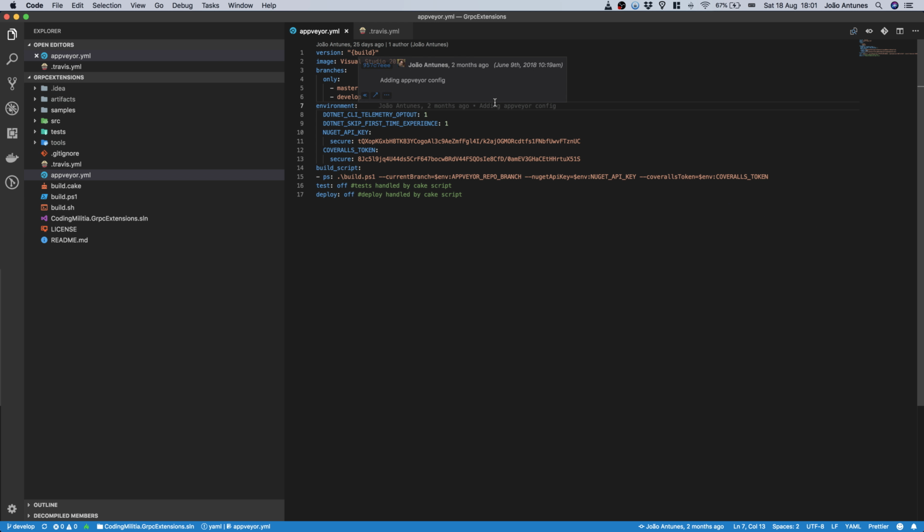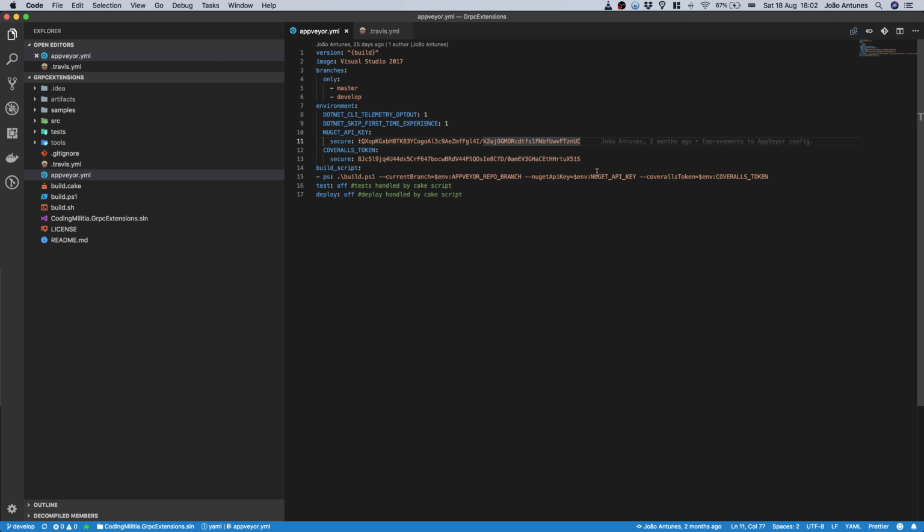Then environment is where we define environment variables. These first two are just some settings for the .NET SDK to bypass some steps to avoid wasting time and resources unnecessarily. Then we have the API keys that we'll pass to the Cake build, as we saw previously, for the publish to NuGet and publish to Coveralls. You can see that over here the environment variables are encrypted. It is not the API keys directly. This is important, of course,